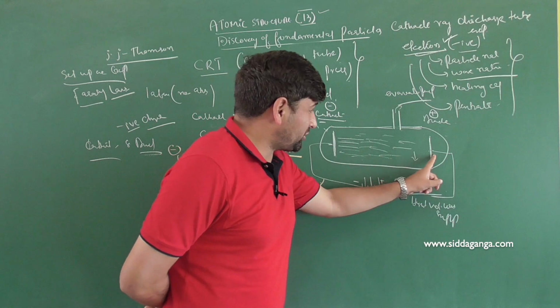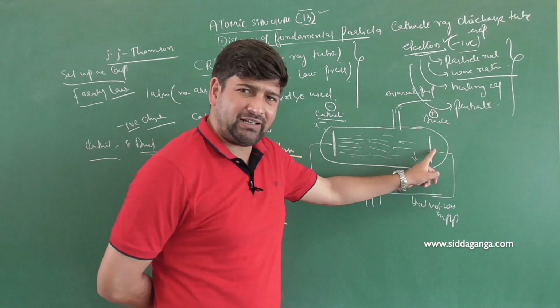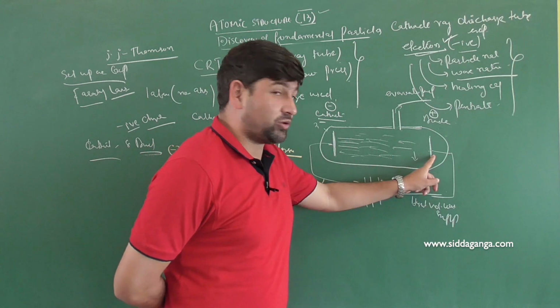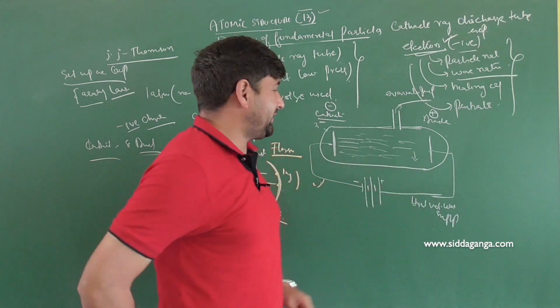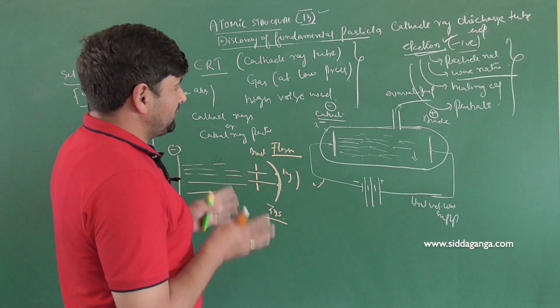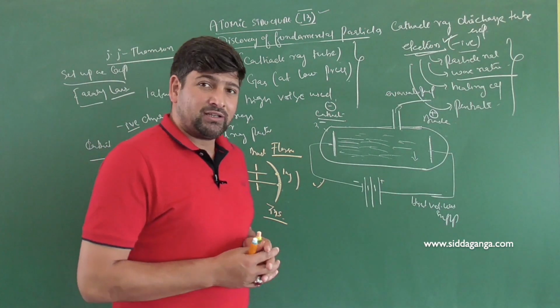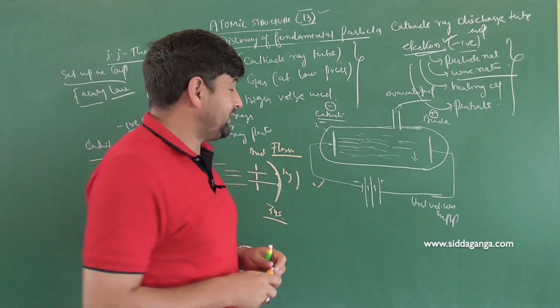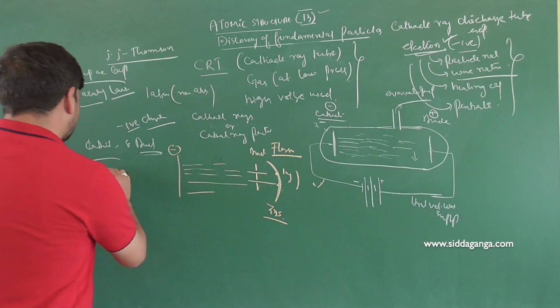However, changing the electrode, properties remain the same. Color of the gas we are not bothered about here. So when they changed the electrode, they could still find the same property, indicating that by changing the material they still found the same thing happening. That proved that this particular particle is a fundamental particle of every matter, and that fundamental particle was called the electron.